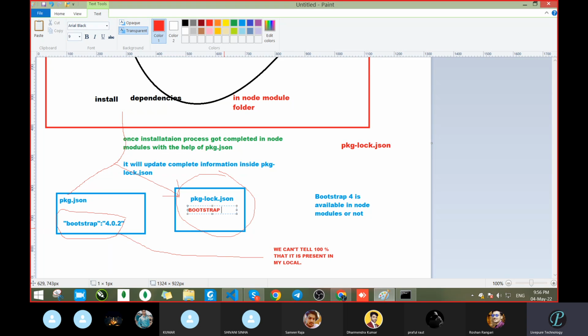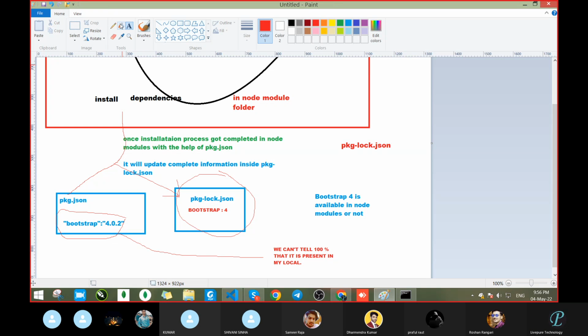bootstrap and colon 4. Now tell whether it is available in your local or not. Yes, sir, it's available. Now we can tell 100% that it is available in our local system or not. Now we can tell 100% that this is available in my local system, because only if the files will be